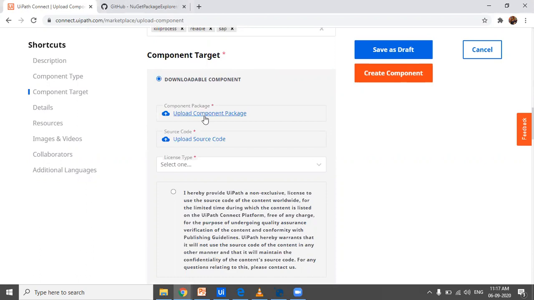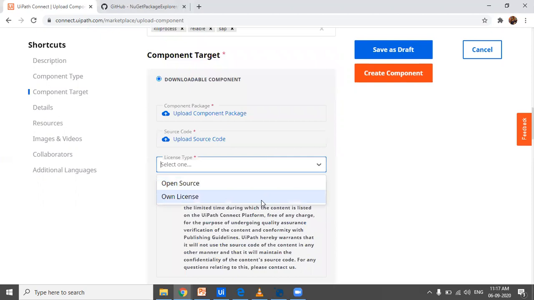Over here you will have to upload your component package, that is your NuGet package, and over here you will have to upload the source code, that is the whole code which you have created in UiPath with all the directories present. You have to zip it and upload it here.